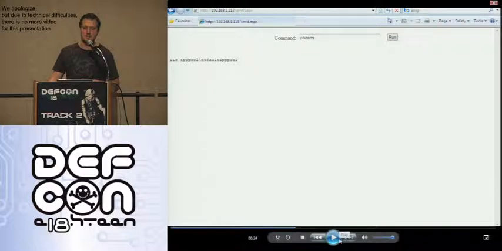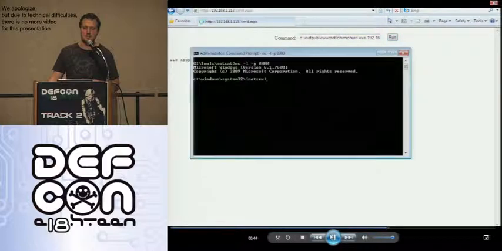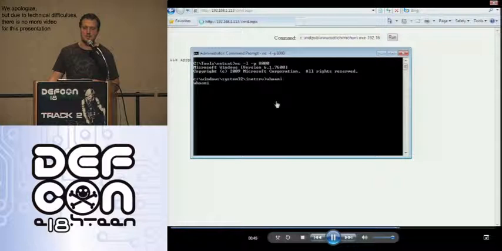So I have uploaded this command shell to the server. Then I also uploaded the exploit. The exploit is called Chimichurri. So I put the path of the exploit, the remote IP, and the port number. I run the exploit, and I get a reverse shell on my host, and you can see here is a reverse shell running under the system account. So it's pretty easy to exploit. You just need to be able to upload some stuff to some Internet Information Server, and you can root the system.